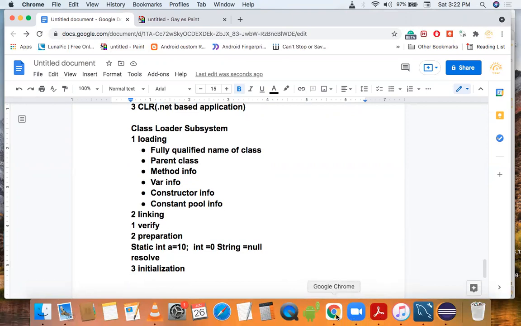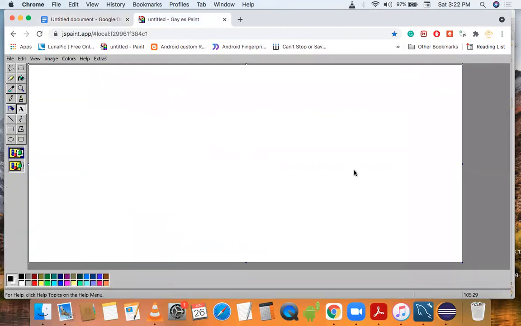Now we will create a summarized diagram of the class loader subsystem. Basically there are three phases. First one is loading, second one is linking, and third one is initialization.